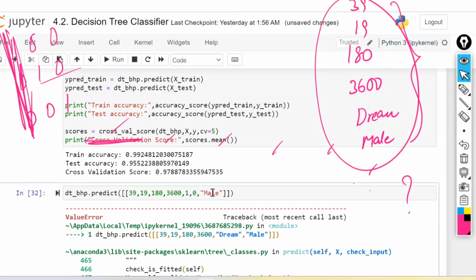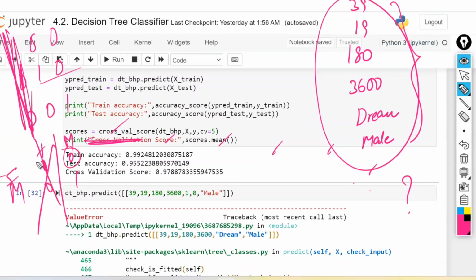This is 1, 0. Similarly, male and female. Female is considered as 0, 1. Male is considered as 1, 0. Out of which the male column you have kept, and the female column you have dropped. Wherever the female is there, that is equal to 0. Wherever the male is there, that is equal to 1. So now here, what do I have to do? This one I have to replace with 1. Is that clear?